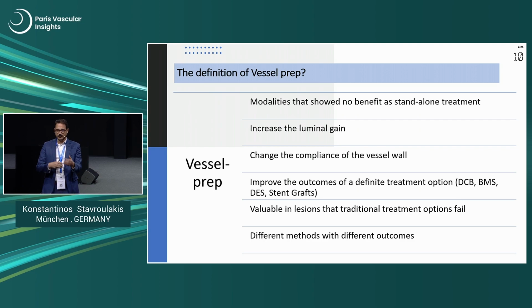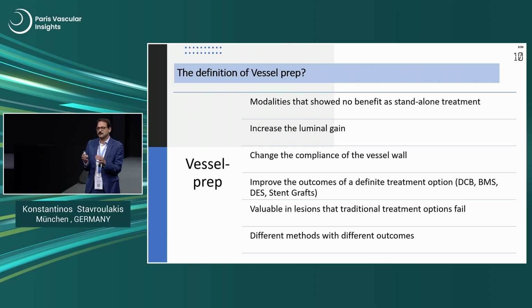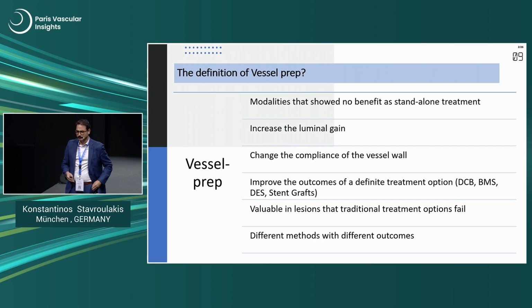But then, while we treat more patients and we develop our treatment modalities, I now understand that first of all, there's no commonly accepted definition, so everyone has a different idea of what vessel prep is. In my eyes, it is the use of modalities that didn't offer any benefit compared to POBA when they were used as standalone treatment. This can be atherectomy, thrombectomy devices, high-pressure balloons, scoring and cutting balloons, whatsoever. But now we can use them to increase the luminal gain and change the compliance of the vessel wall prior